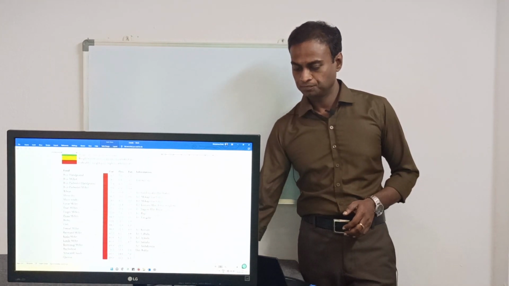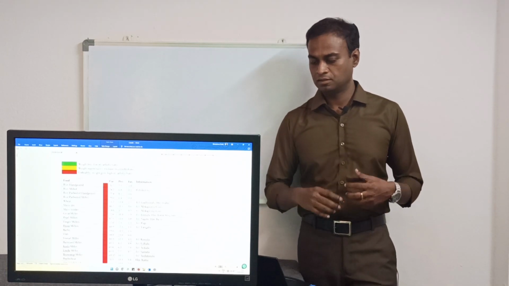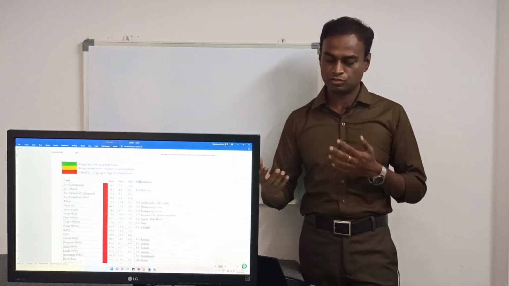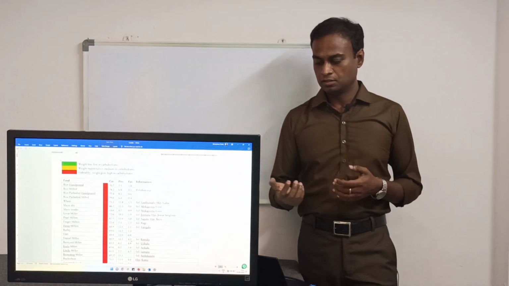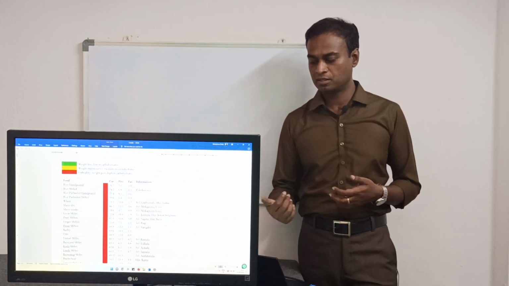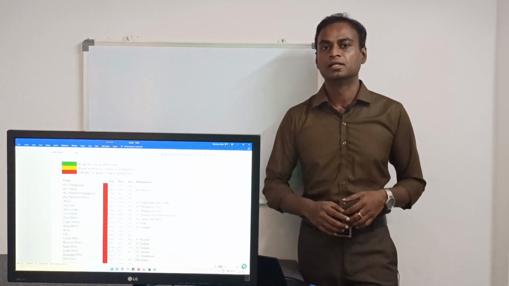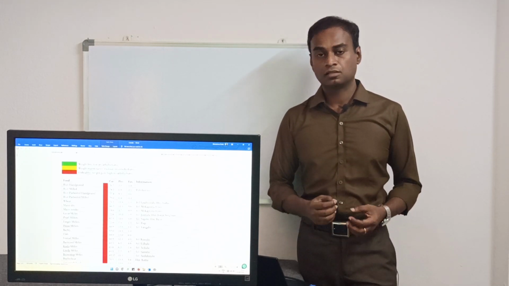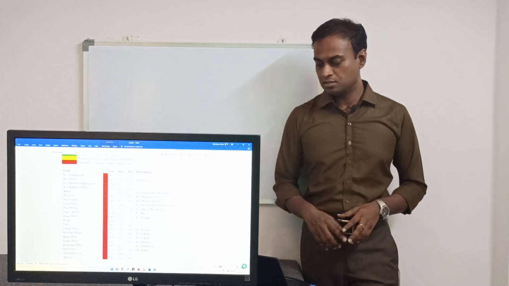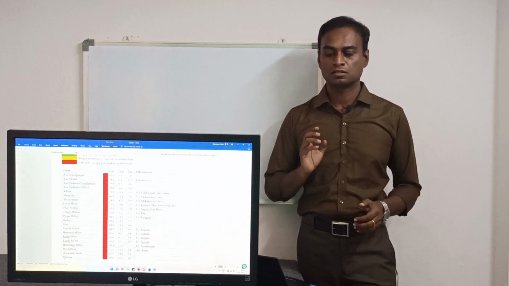So you can see, if something is in green, those are low in carbohydrate, which can be used in maintenance of reducing the weight. If it is in amber, it helps in maintaining the weight. If it is in red, it is completely unhealthy and completely not useful for human consumption. Okay, so you can see these are the common cereals we use, but none of these cereals is good for